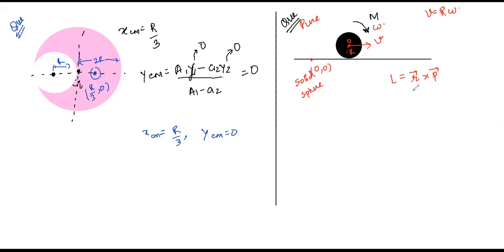So I can write that L is equal to, do you remember we had written this as M V into R cross perpendicular. Do you remember this, Atul? Yes, sir. This R is nothing but R perpendicular, or the perpendicular distance of the center from the origin. Everyone, please note this down.